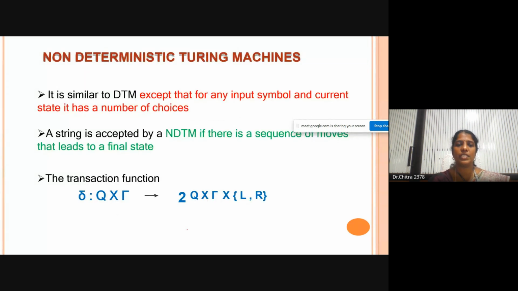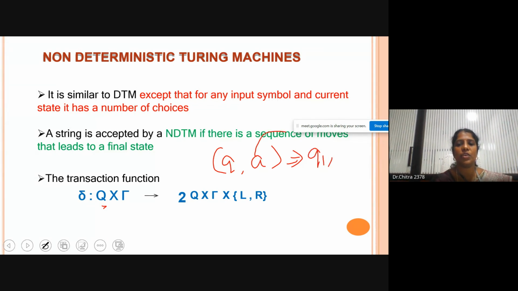And the next one is the non-deterministic Turing machine. We know that deterministic means that for a single symbol, for processing (Q, A), it will go to only one direction, only one state, either Q1 or Q2. It may change or not change. Suppose I am changing A into X and moving right or left. This is the general deterministic Turing machine. There's a deterministic path. After processing this A, it will go to the location Q1, changing this A into X